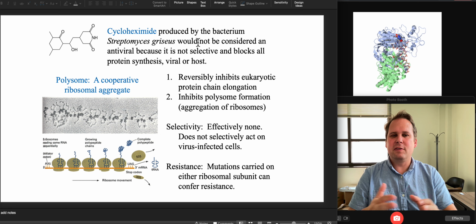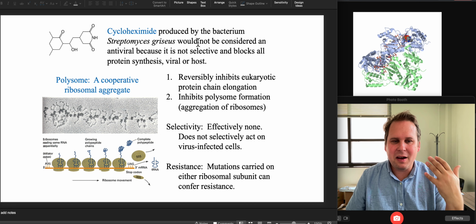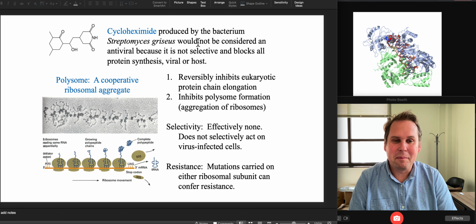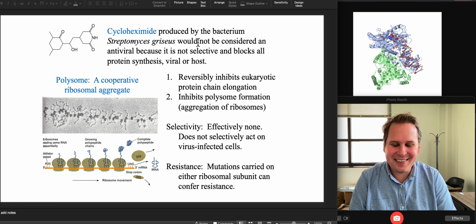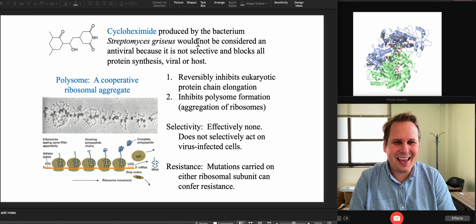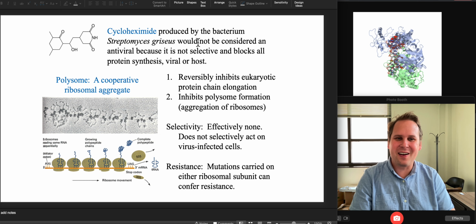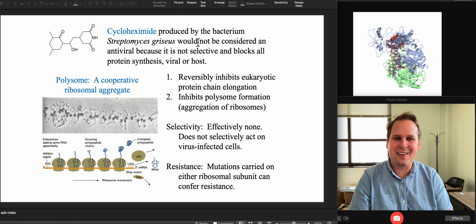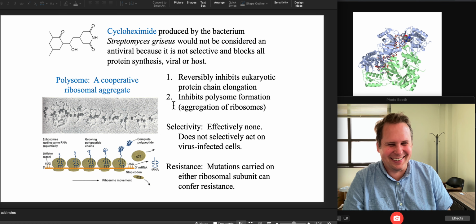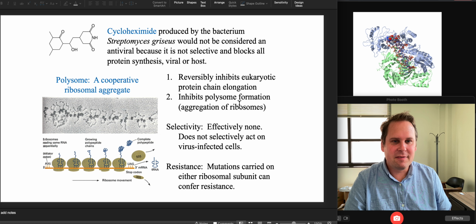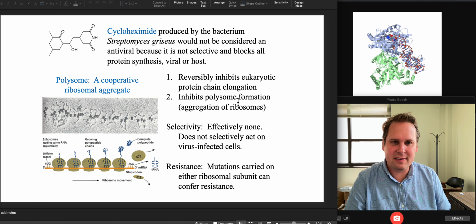So if you zoom all the way out, take a compound like bleach. Totally kills viruses, but totally kills cells. So the CC50 and the EC50 are very close to each other and are both at very low concentrations. And so that is not something that you want. Don't drink bleach, kids. Yeah. Stay in school. Don't drink bleach. Fine. Cycloheximide is kind of the same way.